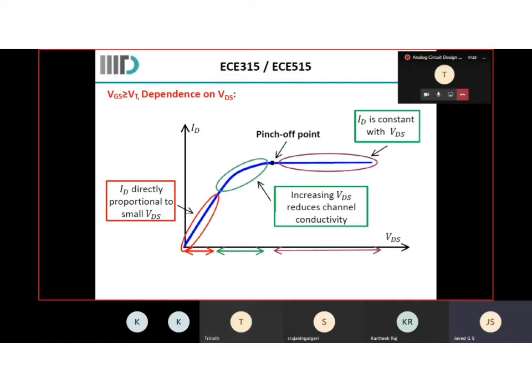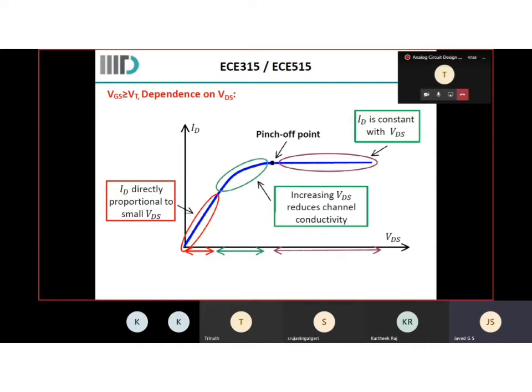So in this particular graph, we will show you what is happening. There are three regions of operation which you could define depending on the VDS. One thing we know is that ID will become constant regardless of how much VDS is applied. VDS is directly proportional to the amount of channel resistance that is formed at that point. So beyond a certain point, the resistor will act like a current limiting resistor which keeps the current constant. That is what you typically call the constant operation region.